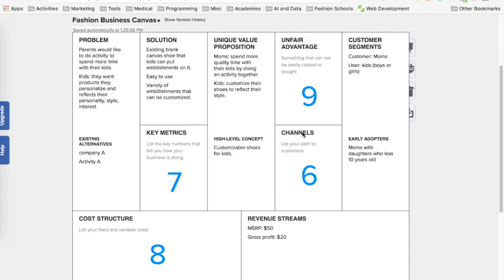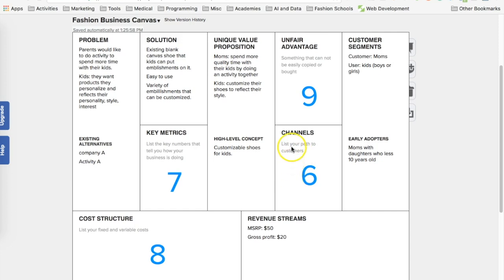You have to put in an effort into it in order to grow them. But the scalable channels will be something that can automatically scale. So that can be referrals, content marketing, the sales force that you have, and so on. So for this particular case, we are going to define what will be the top 5 channels that would